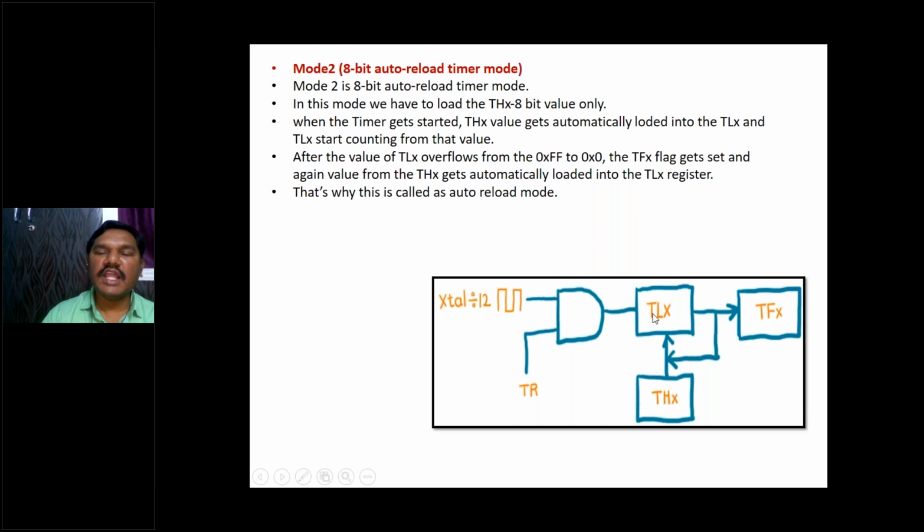Every time this TLX will be loaded from this THX, which is set by the software. That's why it is called auto reload mode. This will be used in programming mostly in serial communication baud rate generation.